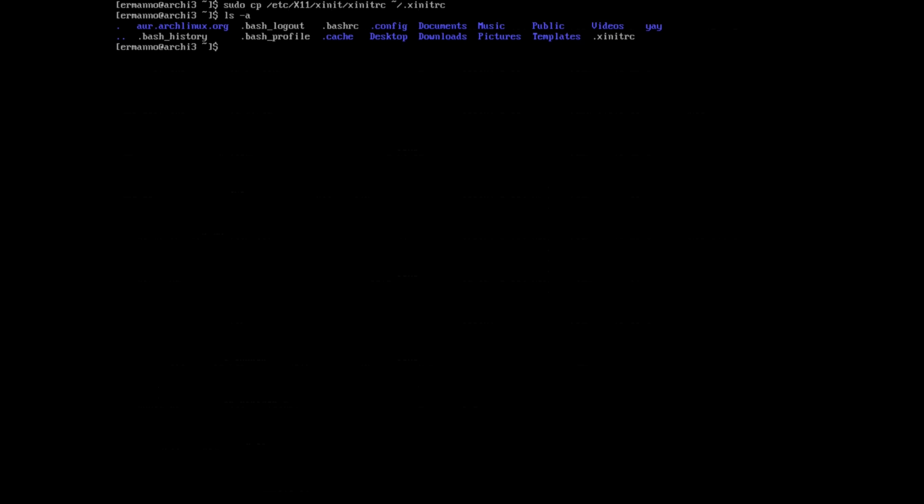We need to put in this file the information needed for the system in order to start i3. So for these tutorials, for editing documents, I'm going to use the Vim editor. You can use also Nano if you like, or any other editor, but the reason I'm going to use Vim is because it's color coded, and especially when we are working with the configuration file in i3, it makes my work much easier. So I'm going to now edit the xinitrc file by typing in sudo vim and then .xinitrc